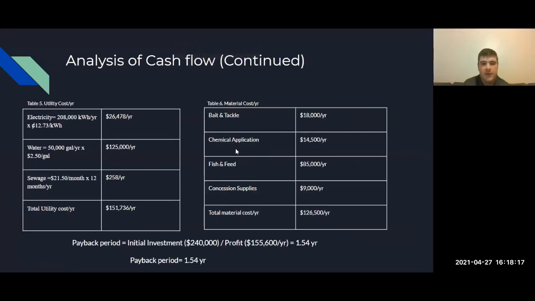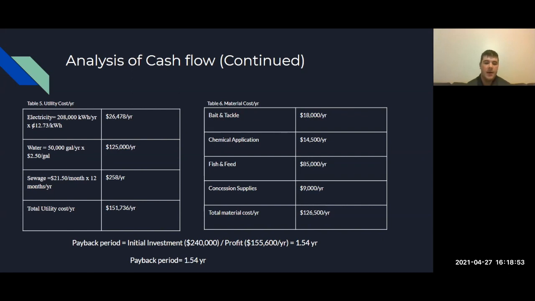The analysis of cash flow continued. We determined that the utility cost for electricity will be $26,478 per year, and the water bill will be $125,000 per year, and the sewage will be $258 per year, leading to a total utility cost of $151,736 per year. And for material costs, consisting of bait and tackle, chemical application for the water, and the fish and feed, and concession supplies, leading to a total material cost of